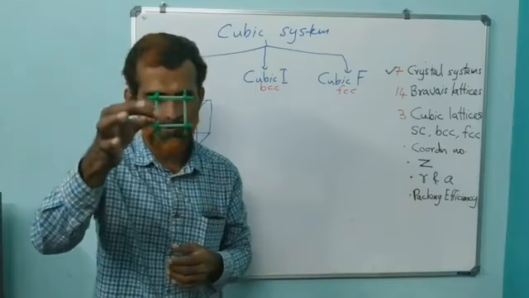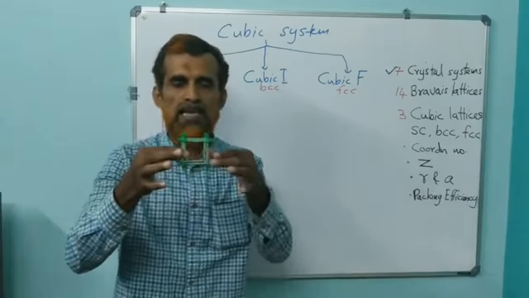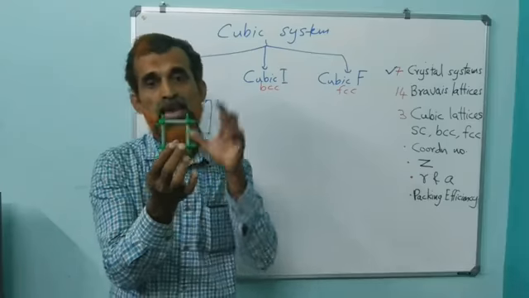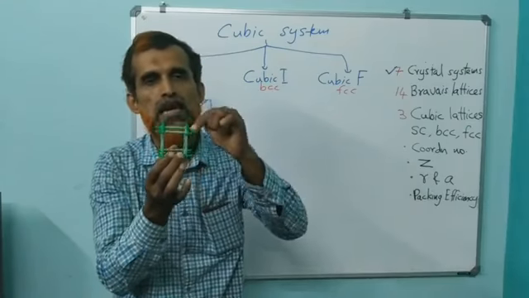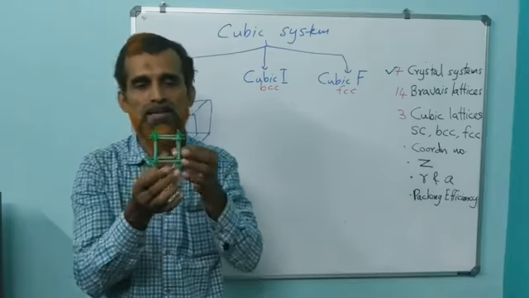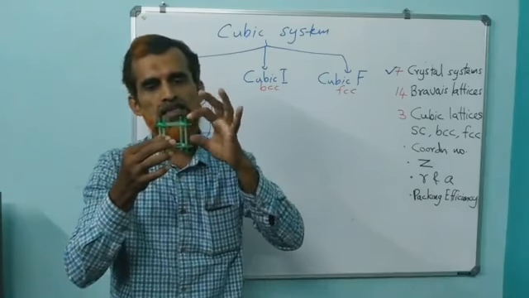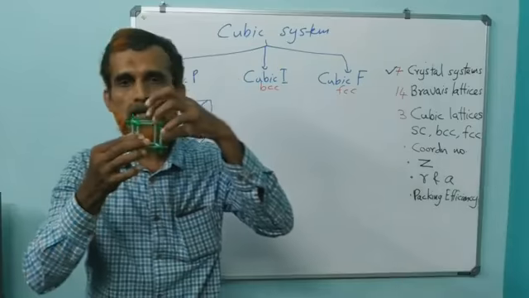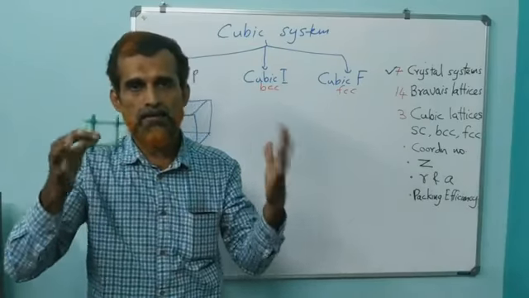This is a simple cubic, correct? Because there are points only at the 8 corners. Here we are giving emphasis to the cubic shape and showing the particle as a point. The actual state of affairs is that these particles, if this is a lattice point, it is at this point that the particle is occupied. So if we show the particle in the real manner,